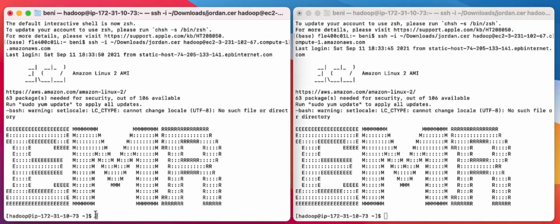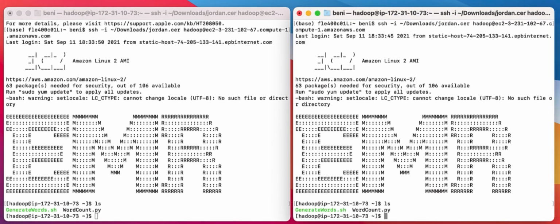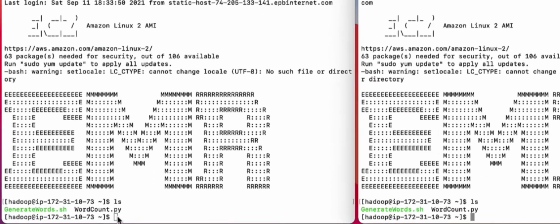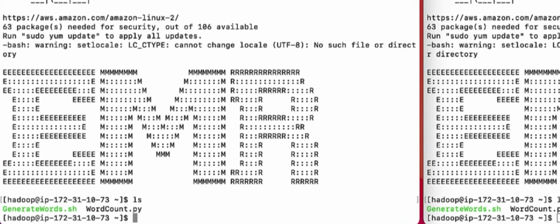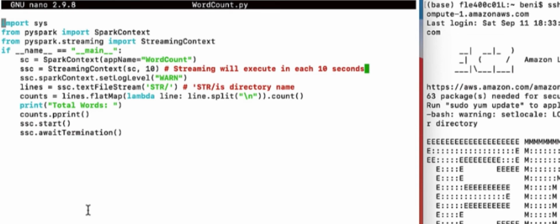If you perform an ls, you'll see that in each terminal we have the same files, generatewords and wordcount. Let's open wordcount.py. This is the Python code that we're going to run. Open this code and look at it more closely. This is a simple program that counts the number of words in the files that are streamed into a given